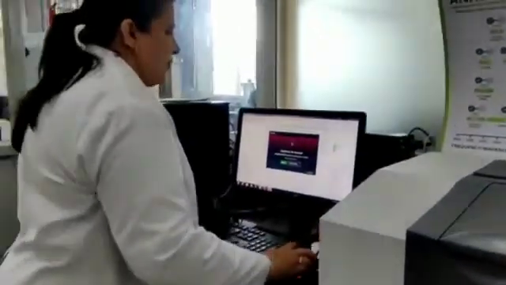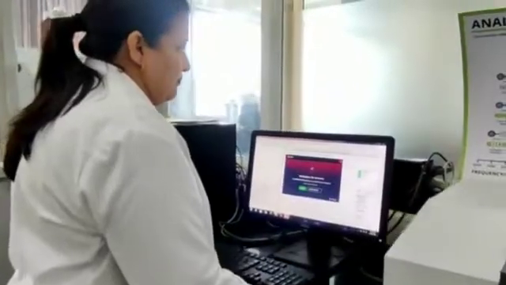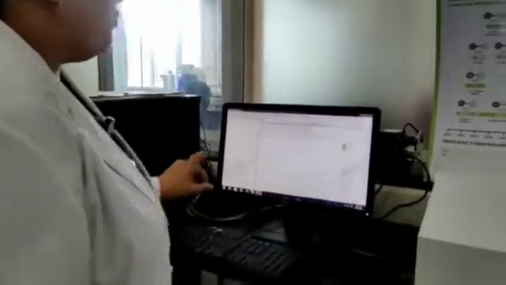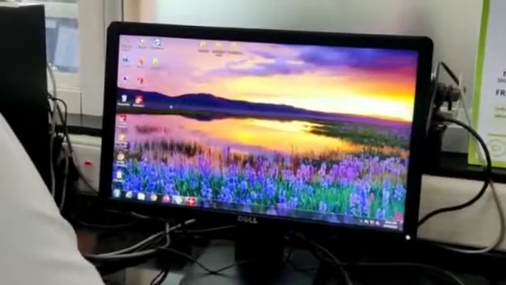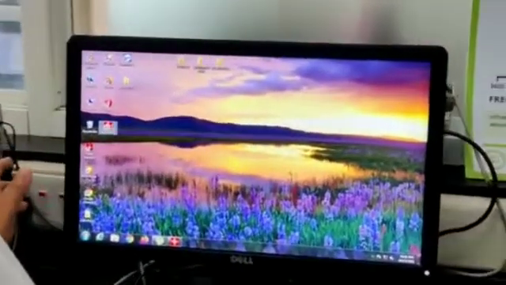Then it comes to the software part. Whenever we are going to use the FTIR instrument, we have to use the software IR Solutions.